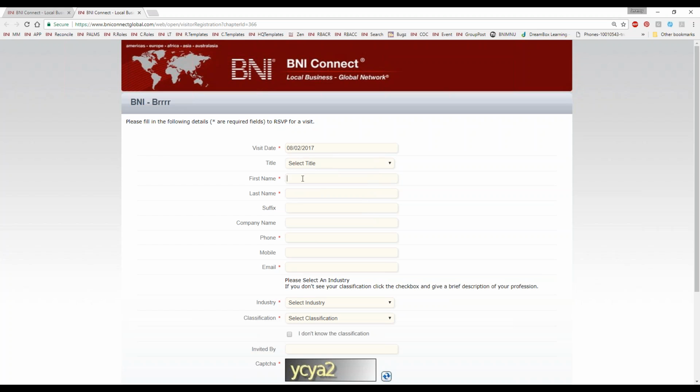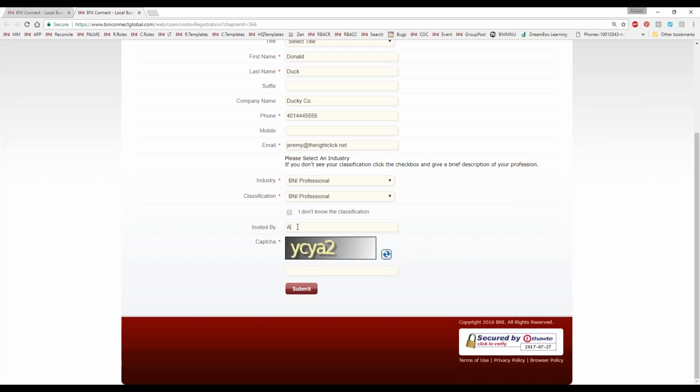Then I just fill out the rest of this information: name, phone number, email address. I can choose my profession and classification, who invited me, and the CAPTCHA code. That's to make sure that we don't have robots registering a whole bunch of people for meetings. I can go ahead and click submit,